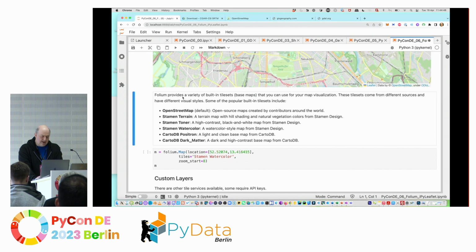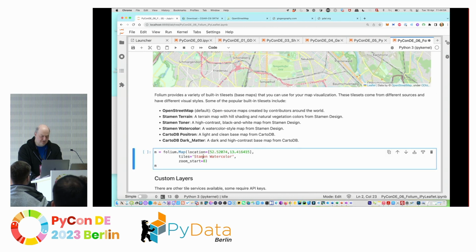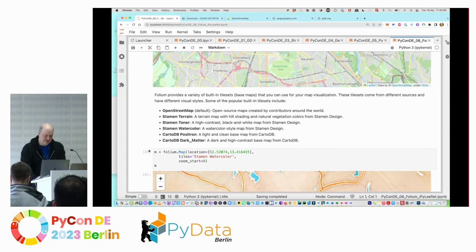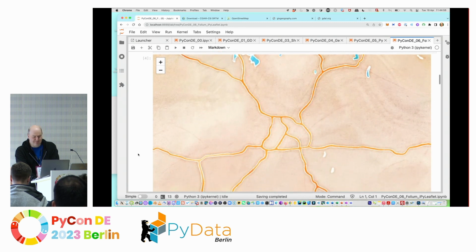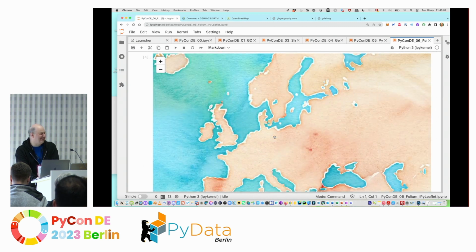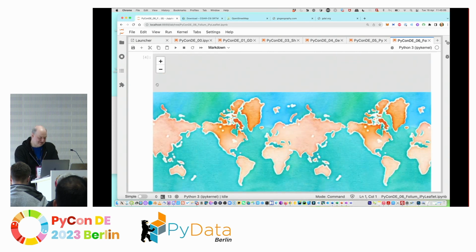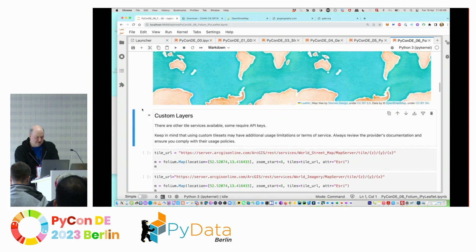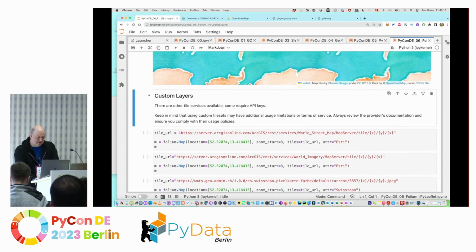We have some different map types. For example, you can use this watercolor. Then you have this watercolor map. That's Berlin, I guess, in watercolor. So that's how, it's nice, isn't it? And some other layers. There are some